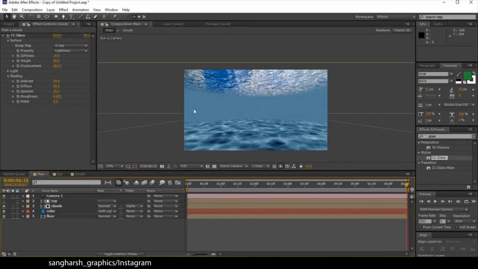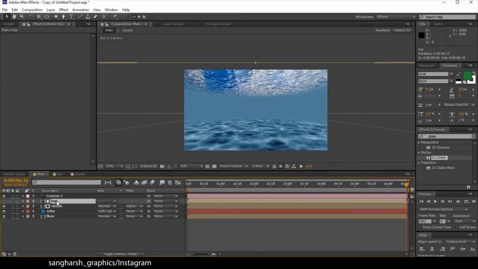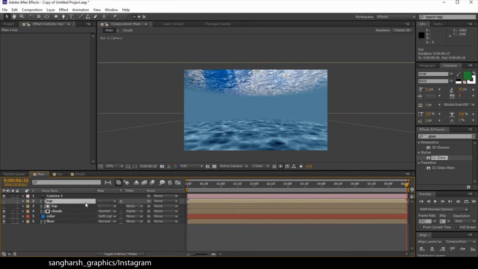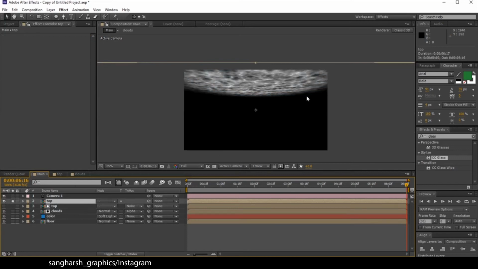Okay, now it's time to add light rays. Select your top, duplicate it, make it visible. Now let's isolate it because it takes too much GPU. Actually my After Effects crashed 3 times while doing it, because my hard drive is full, since I have stored all of my 100 days data, records, videos, raw footages. So select the top, search for radial blur,